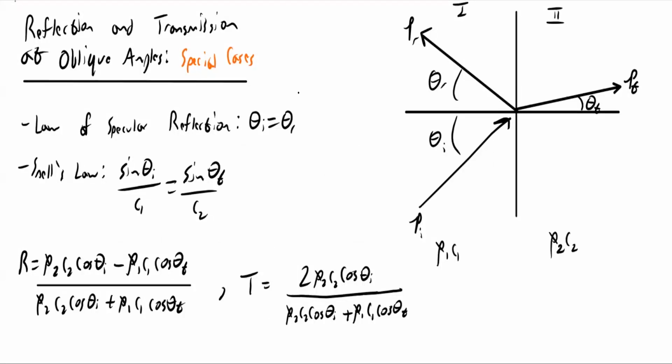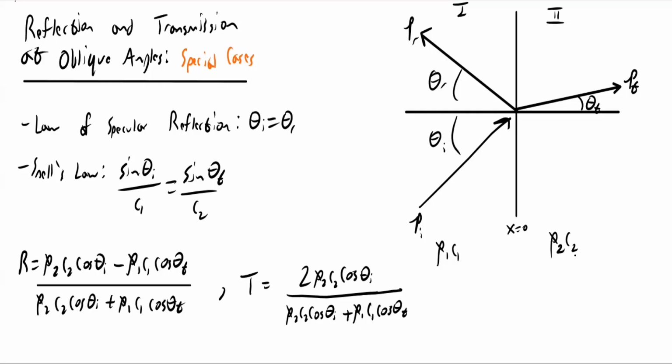In the previous video, we looked at and derived reflection and transmission coefficients for a wave impinging on an interface between two fluids at an oblique angle. We considered this diagram on the left. We had an incident wave and an interface at x equals 0, a reflected wave, and a transmitted wave. Medium one had fluid parameters rho one, C1, so density and speed of sound, and medium two had rho